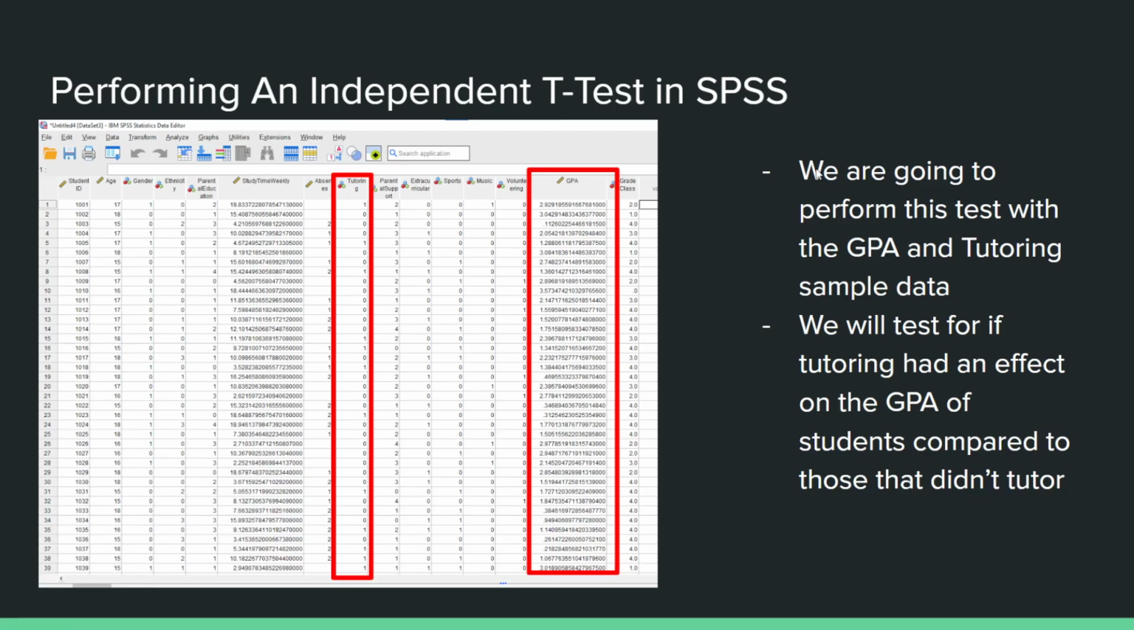So now we're going to be performing an independent t-test in SPSS. With this one, we're going to be using the same data set that we had earlier, but instead of just using the GPA, we're going to be comparing it with tutoring. So we're going to be performing this test with GPA and tutoring sample data. We will use this test to see if tutoring had an effect on the GPA of the students compared to